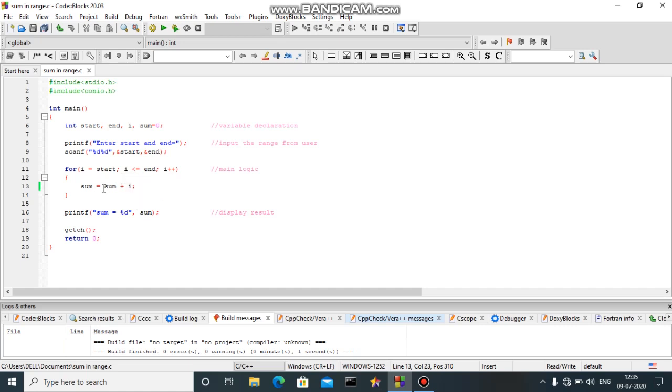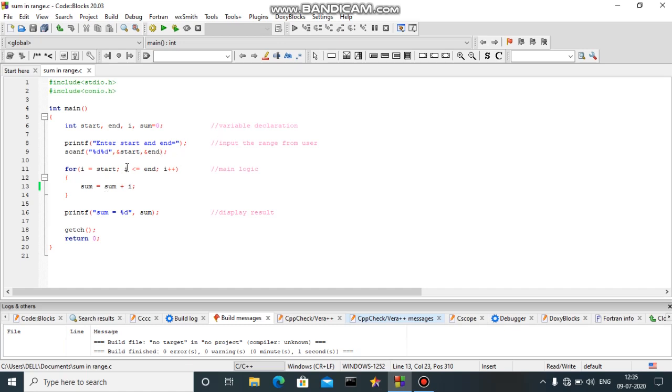So sum is equal to sum plus 1, that is 0 plus 1. For the first time, the value of sum will be 1. For the second time, we'll add 2 in that. After that, we'll add 3 to the sum. In this way, the further numbers will be added to the existing sum, and we'll get our result in the end.